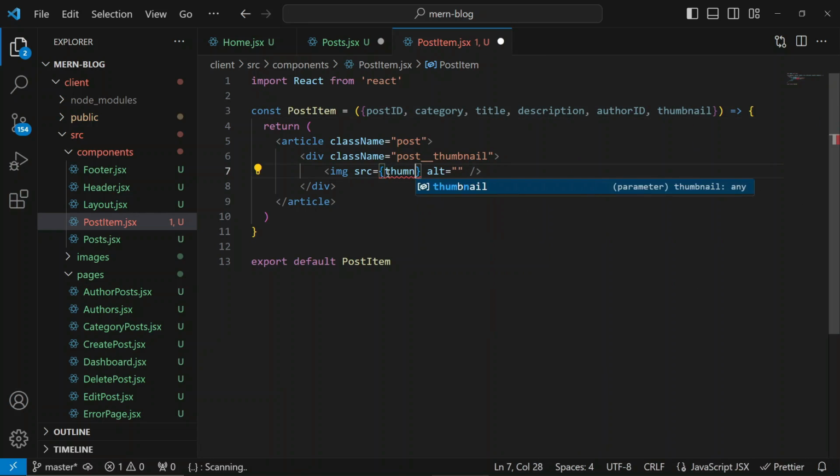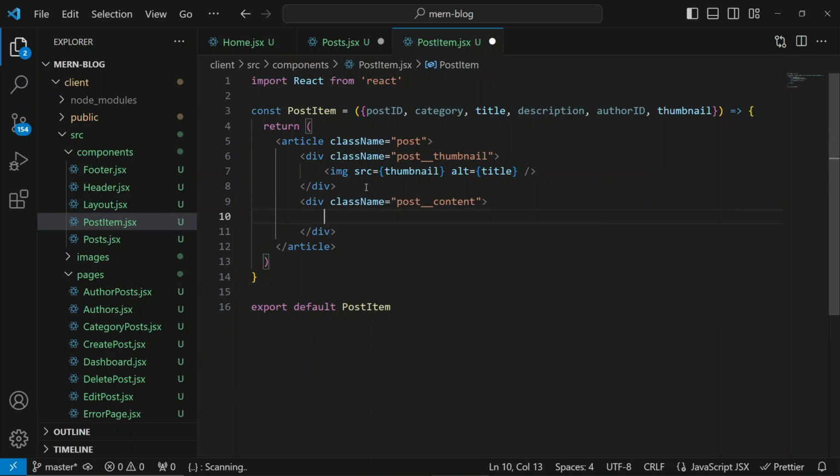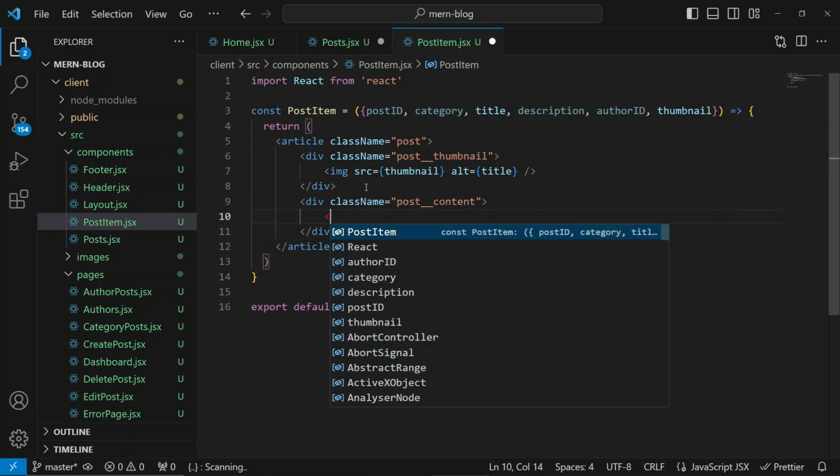This is going to be the thumbnail that we passed. And if you want, of course, the alt can be the title of the post, right? Next, we are going to have the content itself, the title, the category of the post, the author, and all that. So a sibling of the post thumbnail is going to be post content, and of course the title is going to be a link so that we can click on it to read more about